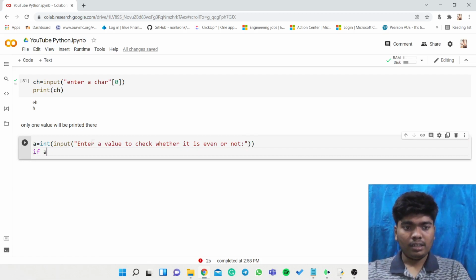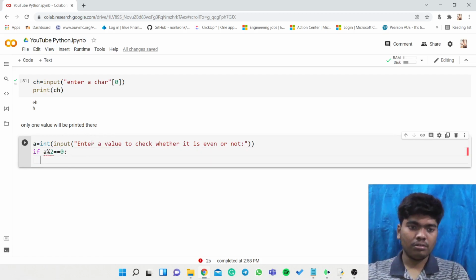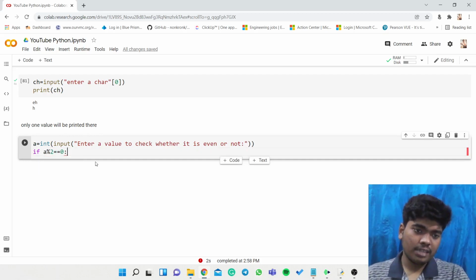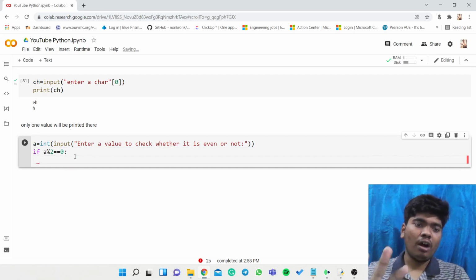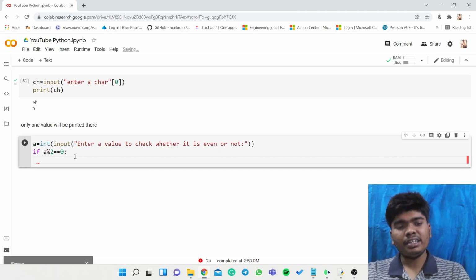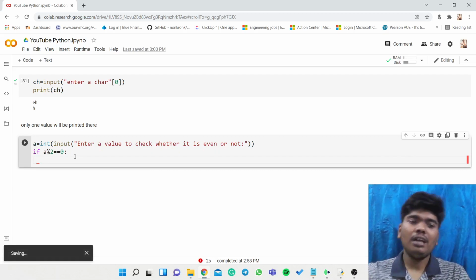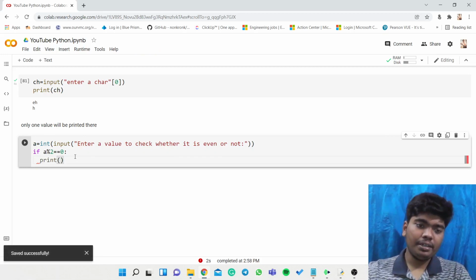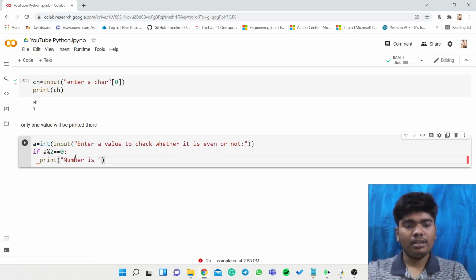If A percentage 2 double equals to 0, I am mentioning it with the help of a colon. You can see it here, right? This is important: after pressing that colon, I am not giving the space. Directly the interpreter will provide the space here. So if A percentage 2 is double equal to 0, then I will print number is even.